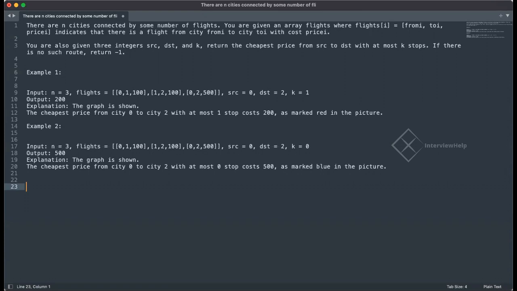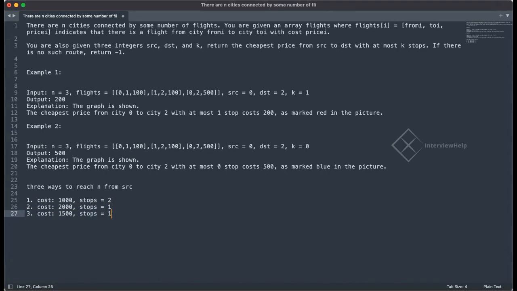So let's say that you have 3 ways to reach a given node n from the source. The first way: cost is 1,000, stops is equal to 2. The other one: cost is equal to 2,000, stops is equal to 1. The other one: cost is equal to 1,500 and stops is equal to 1. Now, among the 3,